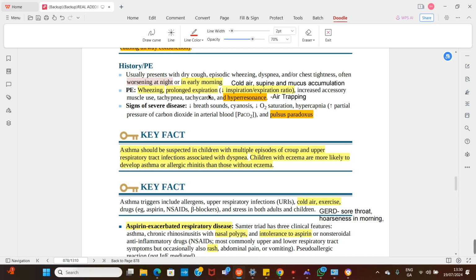What happens to the breath sound? The breath sound is going to reduce. The individual will start becoming cyanosed. The oxygen saturation is also going to drop. Of course, if the person can't take in air,